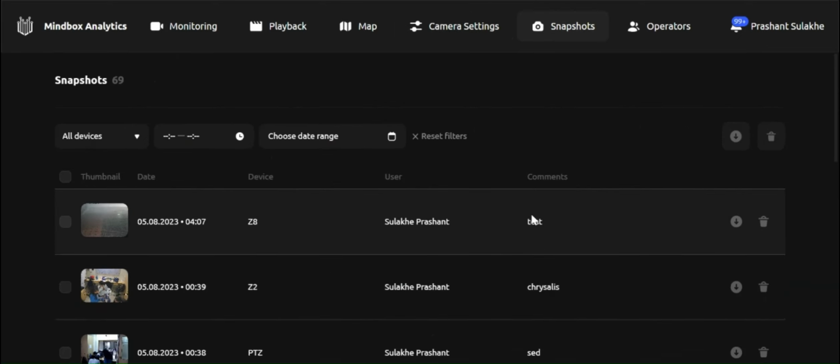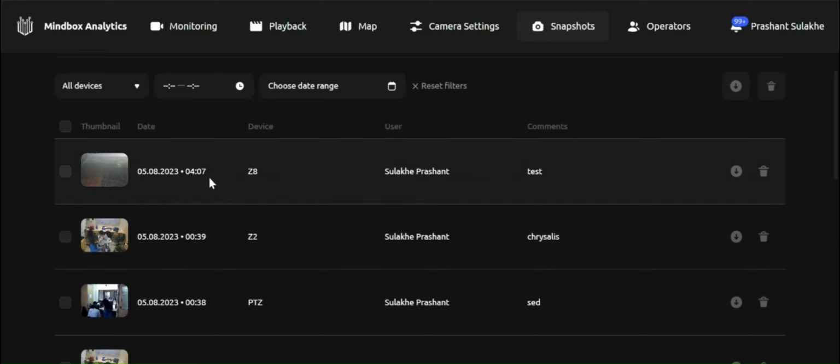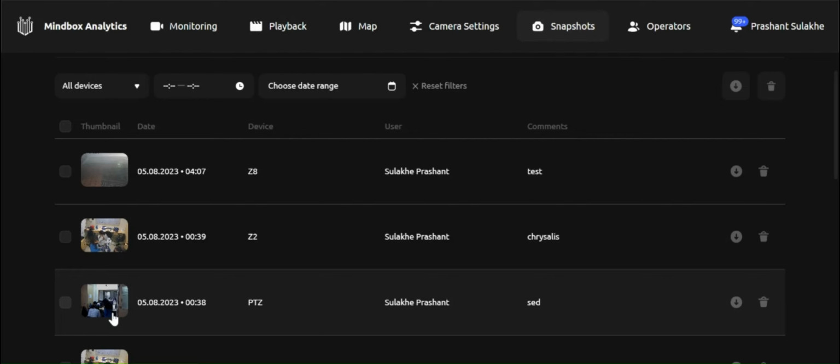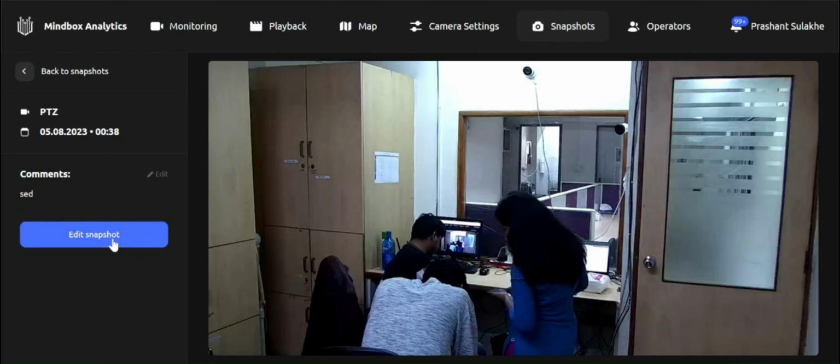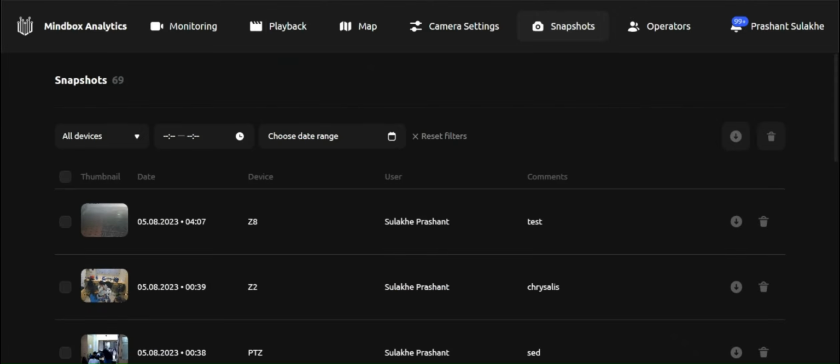Now, the next feature is the snapshot feature. Basically, snapshot consists of all the past pictures that have been taken from the devices. If you have taken any snapshot and you want to edit it, you can simply click on that snapshot and edit from here. And suppose you want to search for a snapshot that you are not finding, you can search by the device, by the time interval, or by the range.